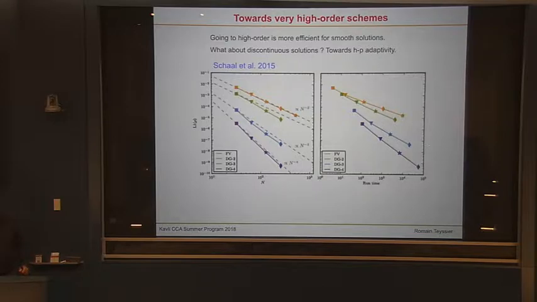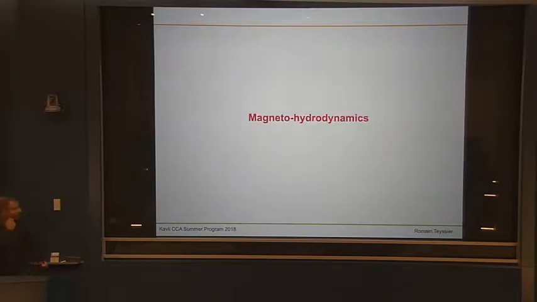Okay, so that's the end of the hydrodynamics part. So now let's move to the second big chunk here, which is the MHD part. So as you have noticed, magnetic fields in galaxy formation are getting more and more into the game. Their exact impact on galaxy shapes, star formation efficiencies, luminosities is yet to be determined.